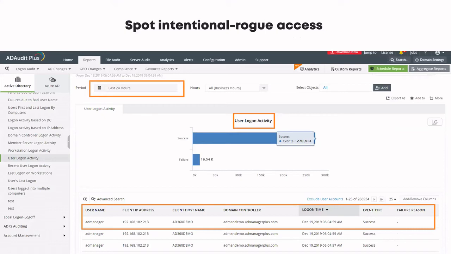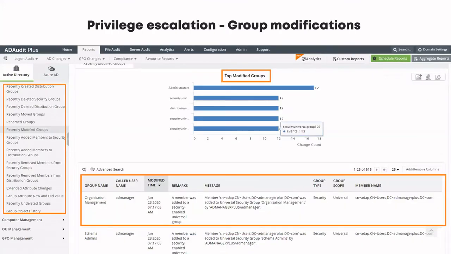So being able to build what the risks in your network are is essentially the way to go about detecting a threat and mitigating a threat, because you don't want to give them opportunities. If there are rogue intentional accesses, you get notified out of the box. You have out of the box reports that help you monitor both AD and Active Directory activities and get notified right away. Privilege modifications that are done for groups, security groups, users added to a group, removed from a group,